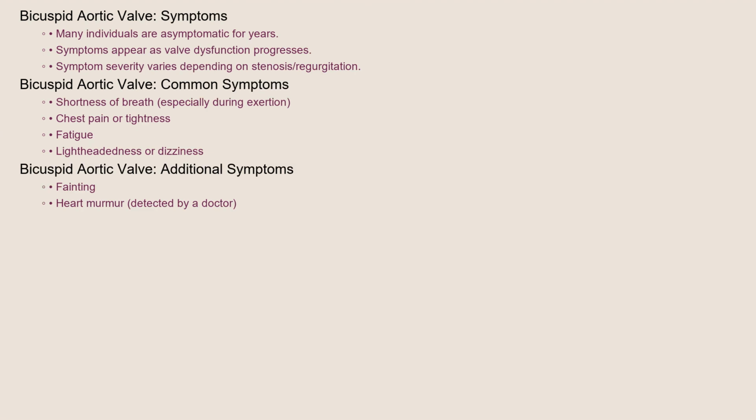In many cases, individuals with a bicuspid aortic valve may not experience any noticeable symptoms for many years. However, as the valve dysfunction progresses, symptoms may begin to appear. These can include shortness of breath, especially during exertion, chest pain or tightness, fatigue, lightheadedness or dizziness, fainting, and a heart murmur that a doctor can hear during a routine examination. It's important to note that the severity of symptoms can vary widely depending on the degree of valve stenosis or